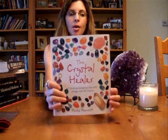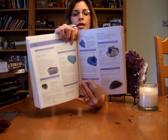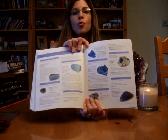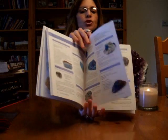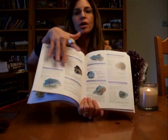a lot because I like the information that he gives, but what's especially great about it is if you know nothing about crystals and you have, let's say, a blue crystal, that's all you know about it is that it's blue. You can turn to the blue section, and it's color-coded, so here's the blue section, and he's got listed a variety of different blue stones. Now that's not the entire blue section, there's more to it, but then you can start going through by process